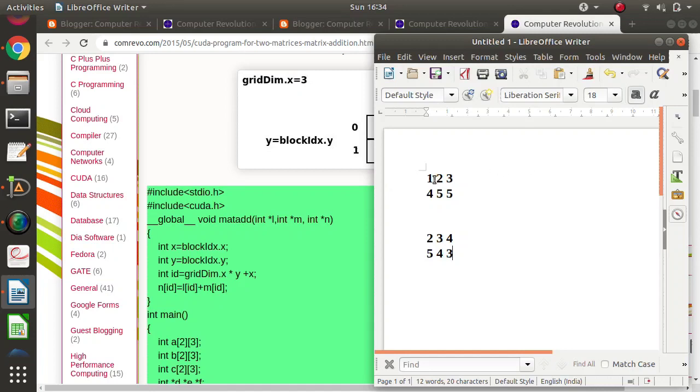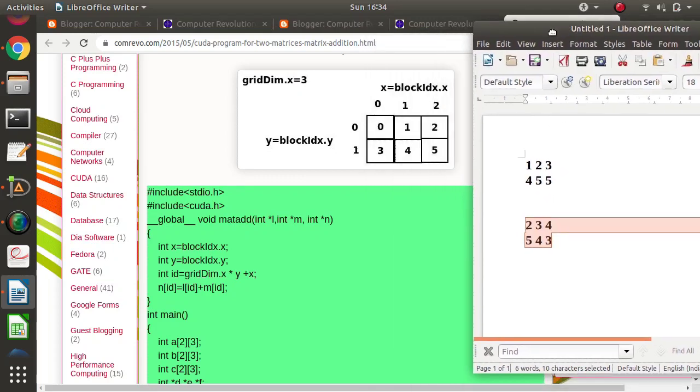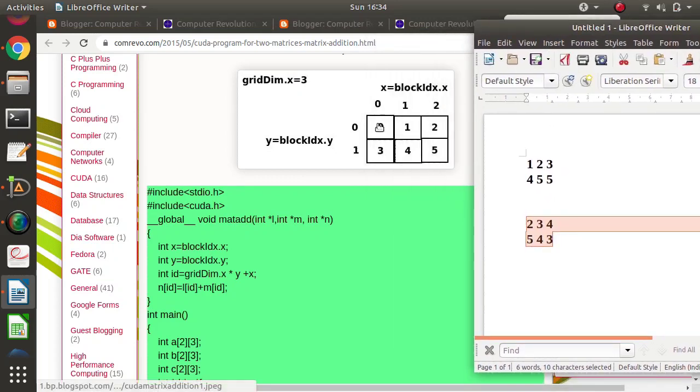Now look at this. Though it is a two-dimensional structure, in memory it will be saved linearly, in a one-dimensional, contiguous memory location. So this thread will be responsible for addition of 1 and 2.